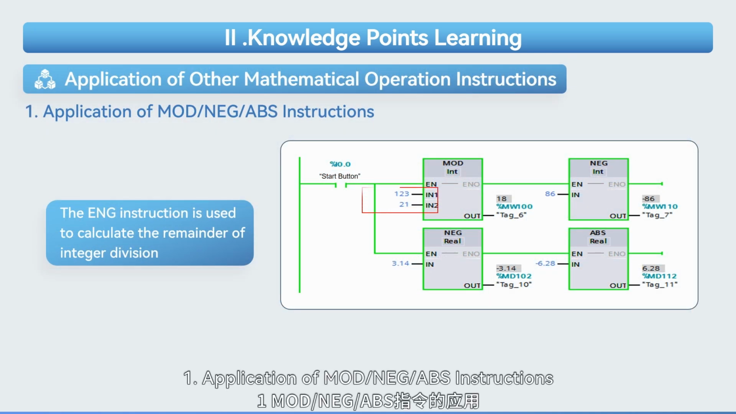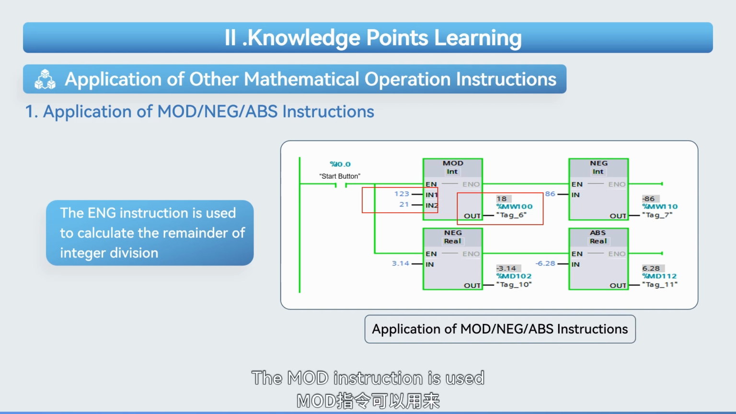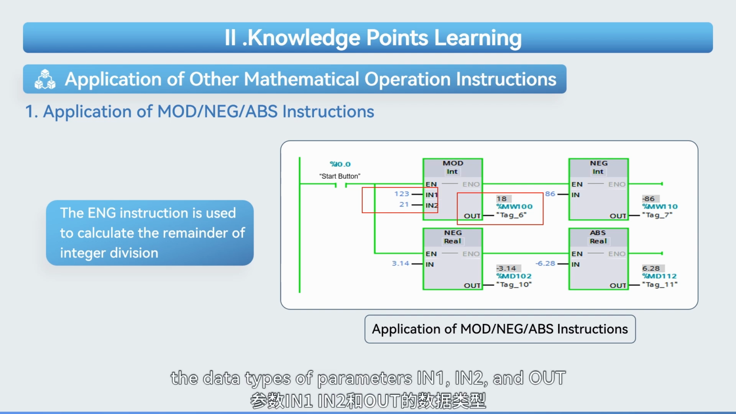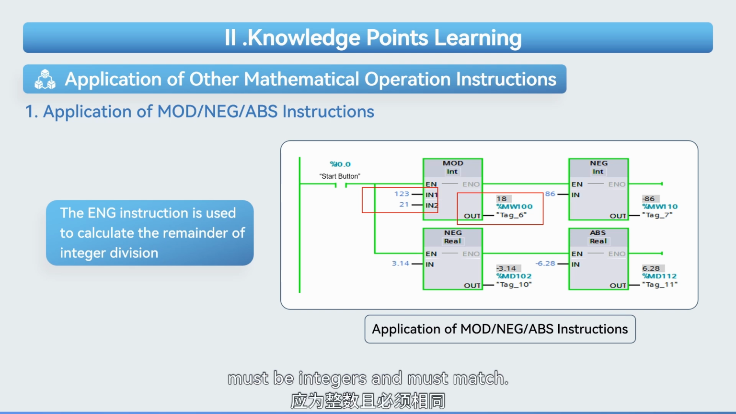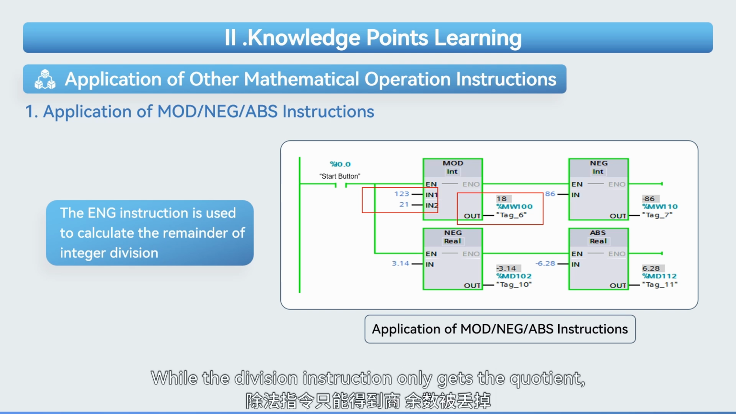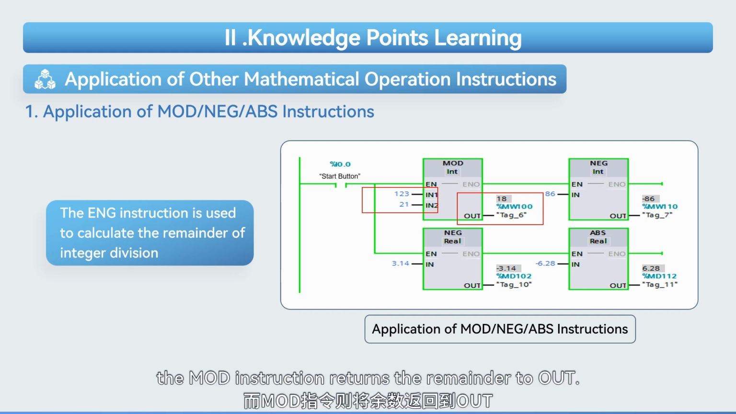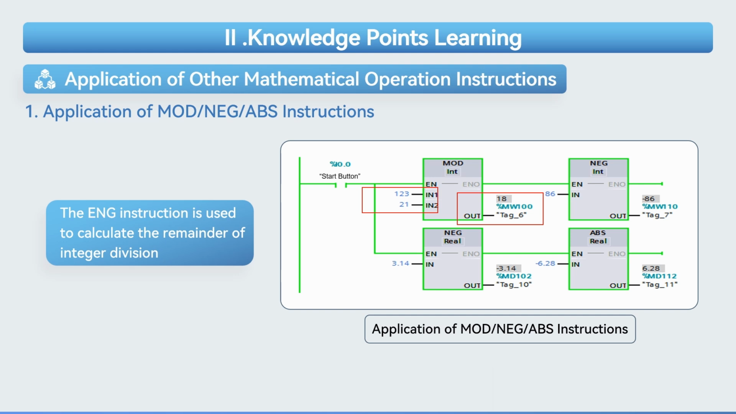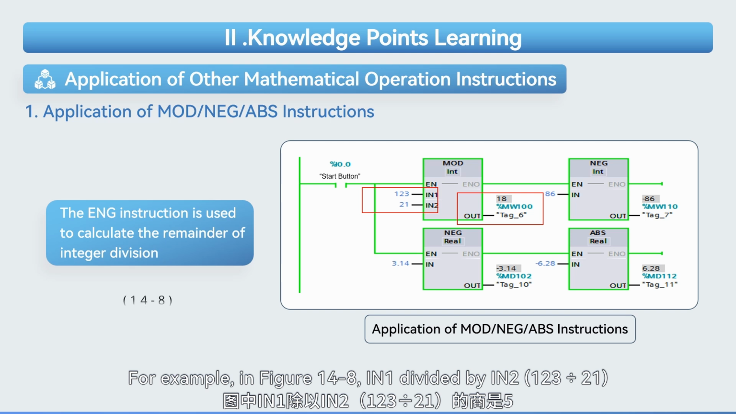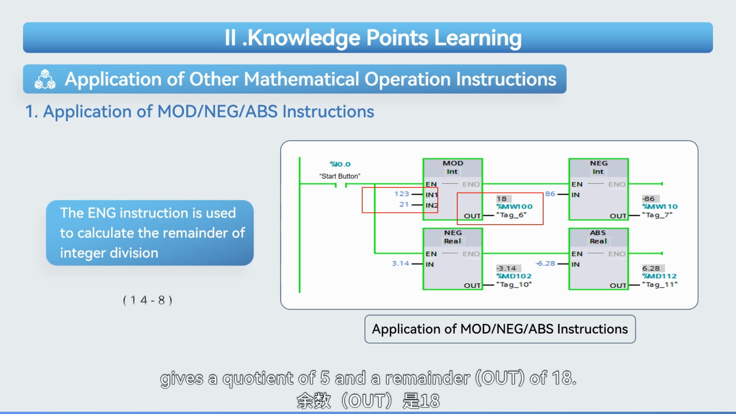1. Application of MOD, NEG and ABS instructions. The MOD instruction is used to calculate the remainder of integer division. In the MOD instruction module, the data types of parameters in1, in2, and out must be integers and must match. While the division instruction only gets the quotient, the MOD instruction returns the remainder to out. For example, in figure 14.8, in1 divided by in2, 123 divided by 21, gives a quotient of 5 and a